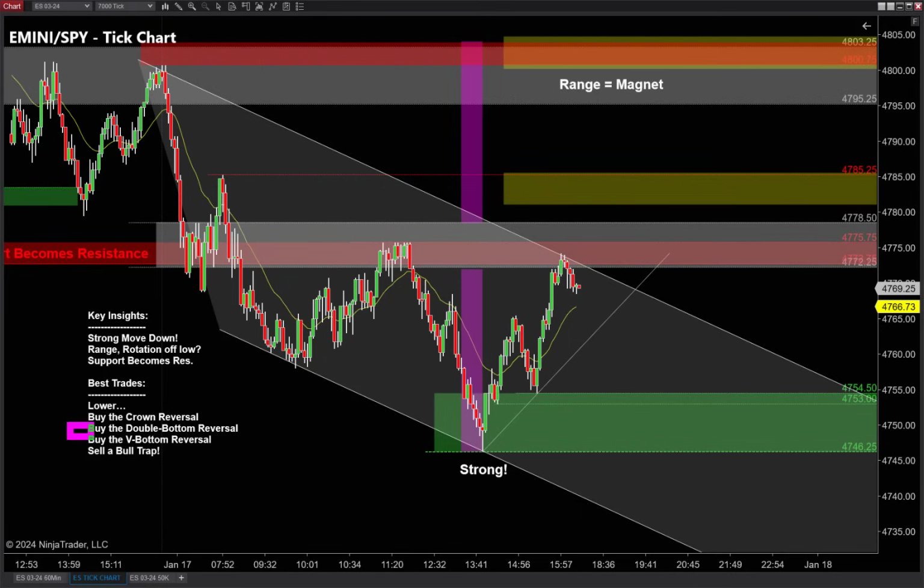Let's talk about V-bottoms. V-bottoms are the least desirable of all the setups, but they are something that happens a lot in every market. We may go back to that low and we may get such a strong bounce off that low. Remember, I would love to go down, retest that low, trap those bears in, and squeeze their stops and squeeze higher, right? That's one of my favorite trades here for tomorrow. We may not get that. We may go down, and this thing may just bounce hard off of that low. If we get that V bottom off of that low, these will almost always turn into what I call a